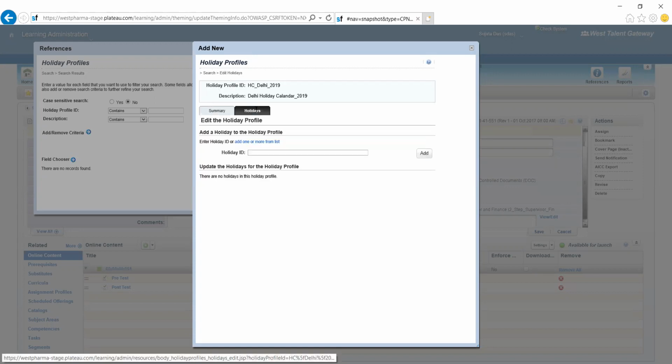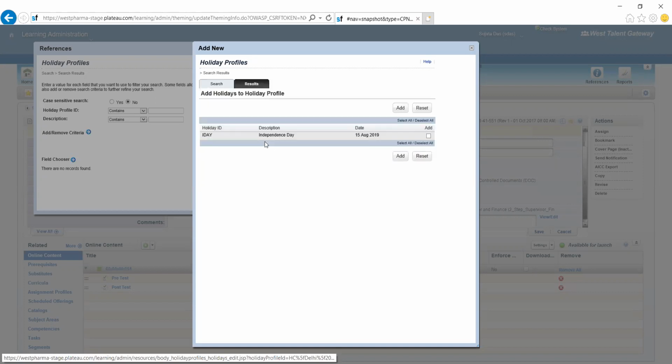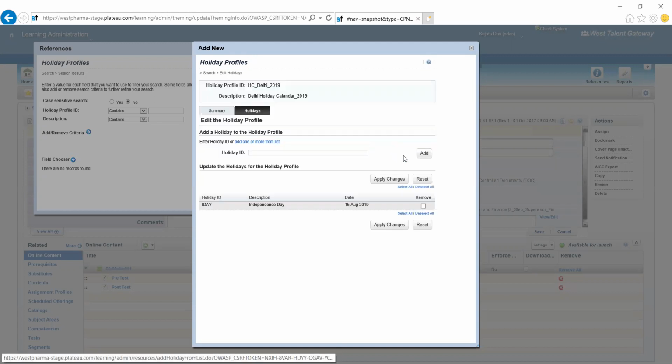If I go to the holiday section, I can refer to the holiday IDs I have created and attach those holiday IDs. Suppose Independence Day is there. Independence Day is a holiday for every holiday profile, whether you are creating a holiday calendar for Delhi or Chennai or any location. Similarly, you can create as many holiday IDs as are relevant.